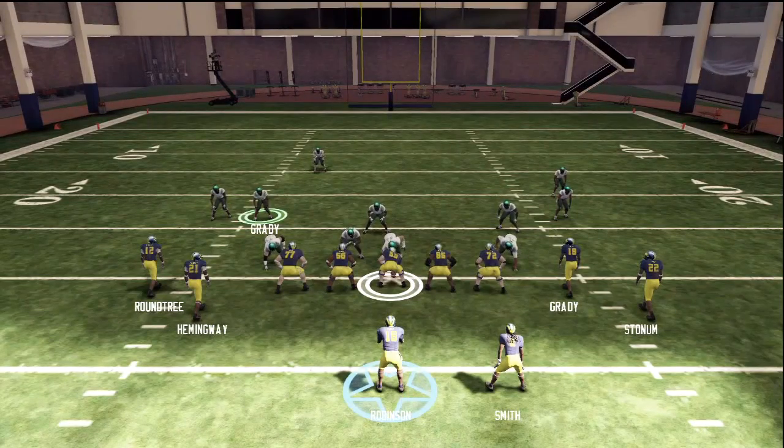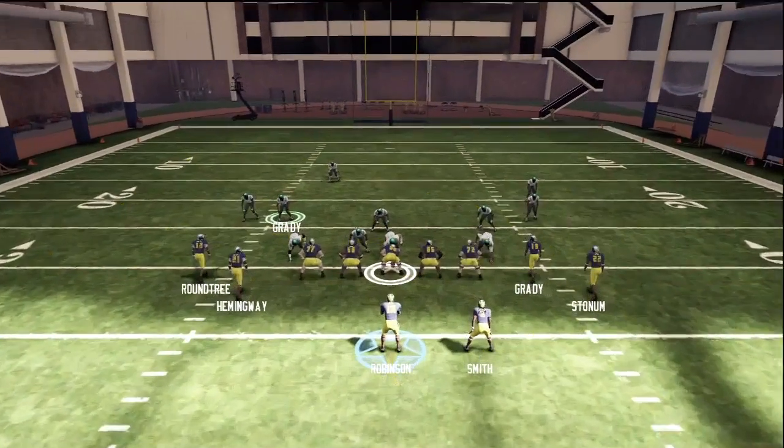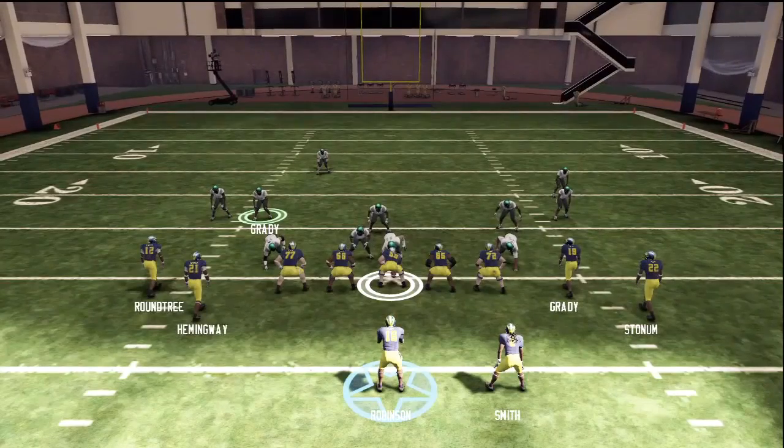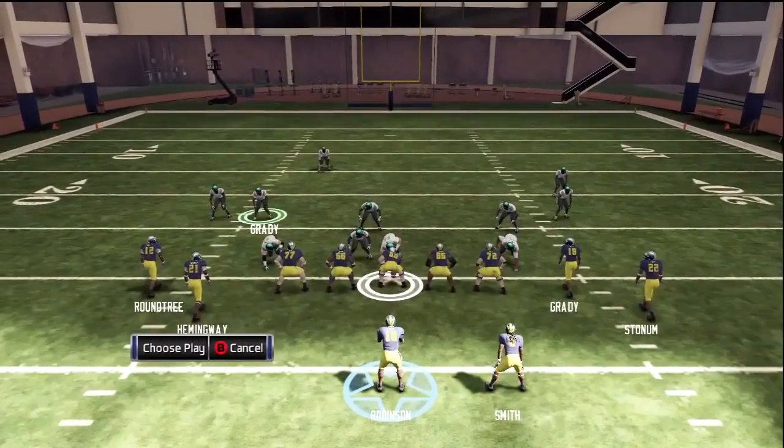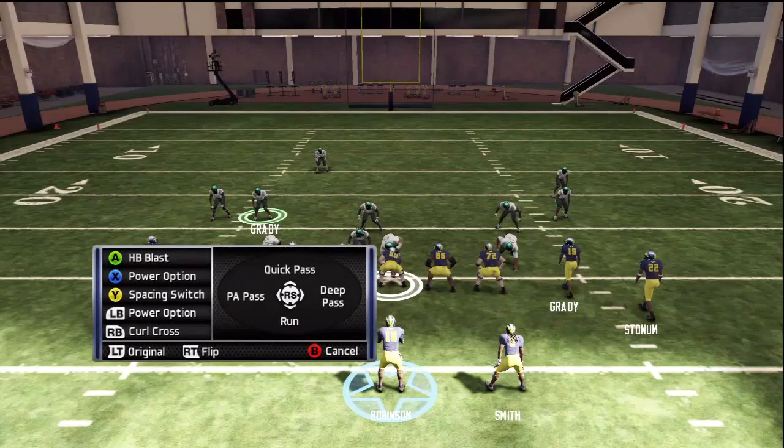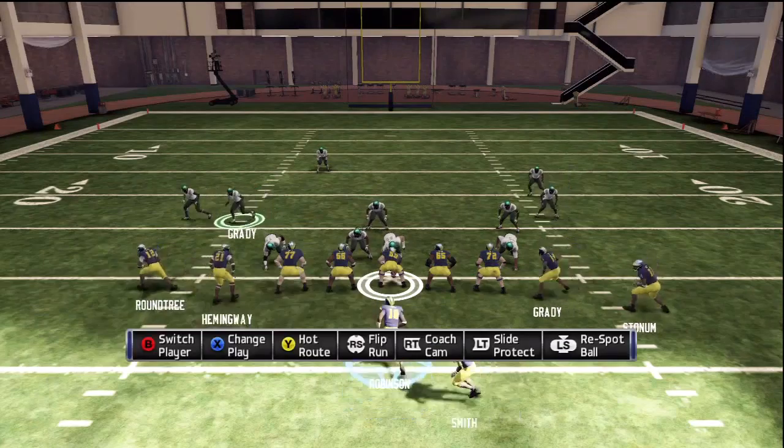And so when you get in a game, you're going to see a lot bigger holes open up, and you're like, oh my god, I'm going to be able to run this option for a touchdown. Things like that. So the plays we covered here are halfback blast, power option, spacing switch, curl cross, and the last one is out of the Ace Twins,